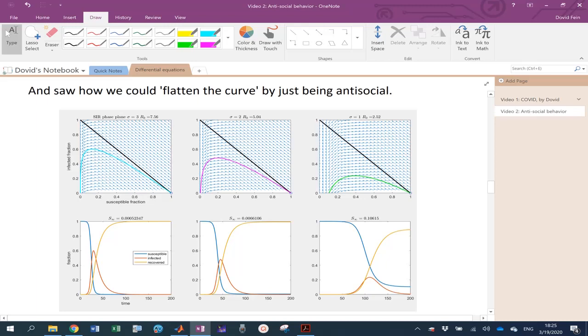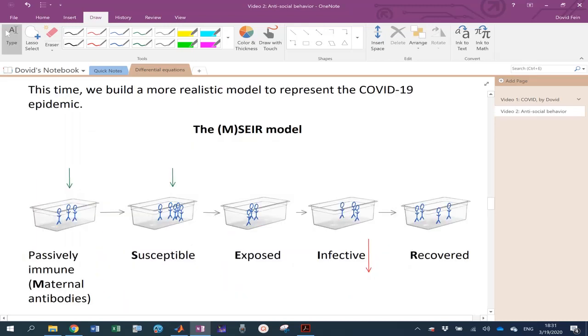Let's get started. Now let's expand to the MSEIR model. This is going to account for births. So these people are born. They either come into the passively immune or susceptible. Deaths, which could actually happen at any stage here, but we'll talk about deaths from the infected only. And movement between all of these compartments that you see. We're only going to talk about movement from left to right.